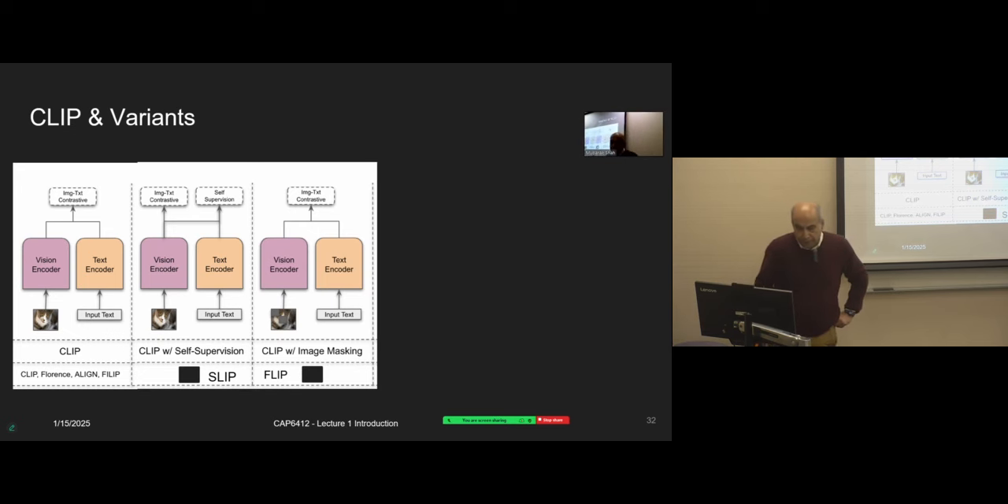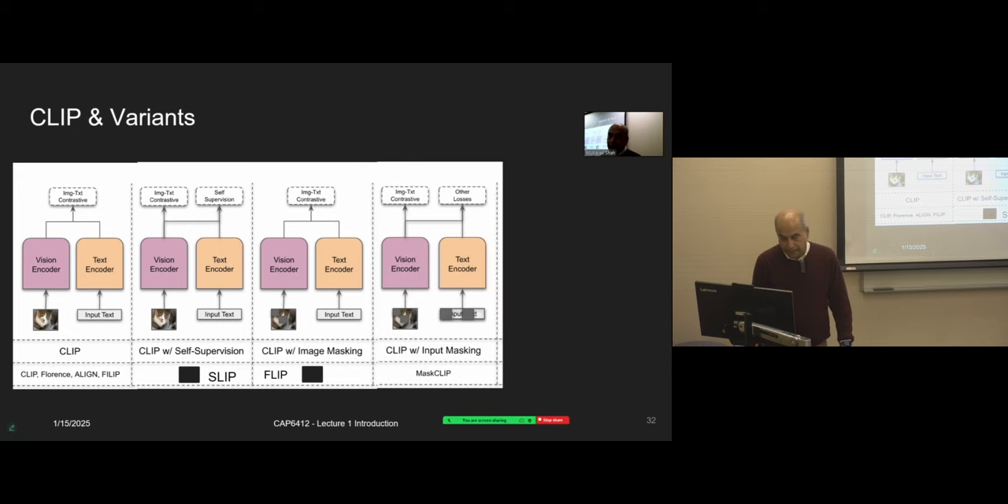And then another version where we can do CLIP with image masking. This was just self-supervision, and that can be just SimCLR, but another self-supervision will be masking, and we can just do that with image-text contrastive. This one, we can actually mask our text also. We can mask